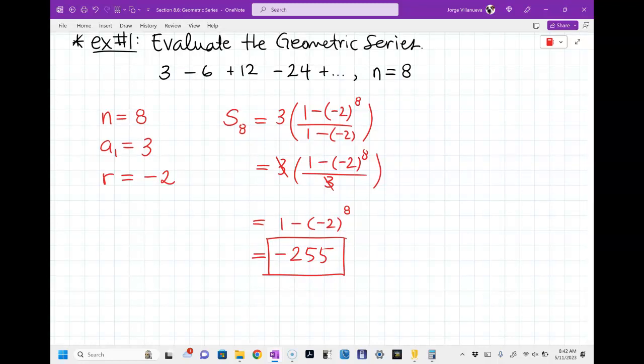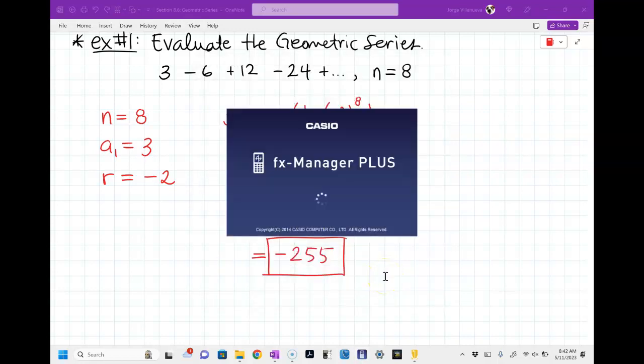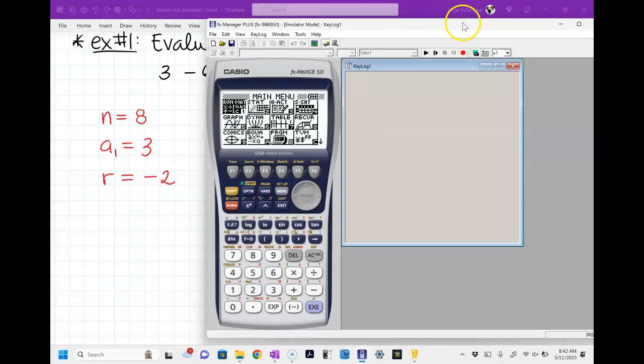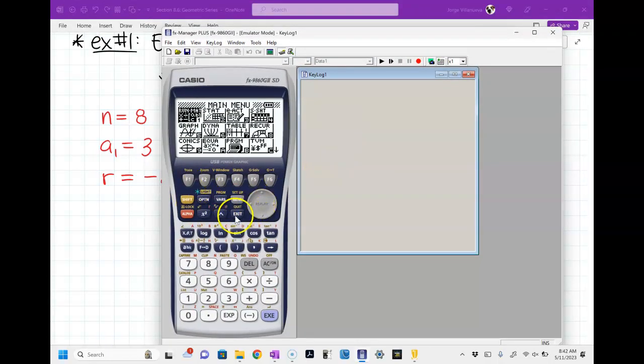Okay? And I don't really like this calculator that I'm using, so let me close it. Let me see if I can use this one here. Give me a second. I think this one looks a little nicer. Kind of put it to the side or something. But let me go to my main menu. Oops, I pressed exit. Hold on. Exit. And delete everything. All right, so